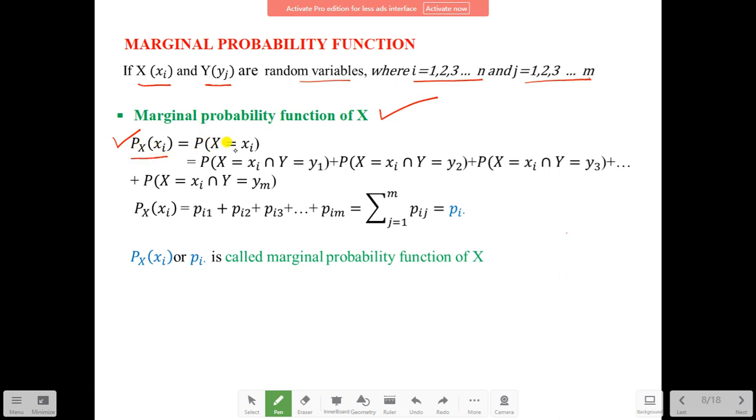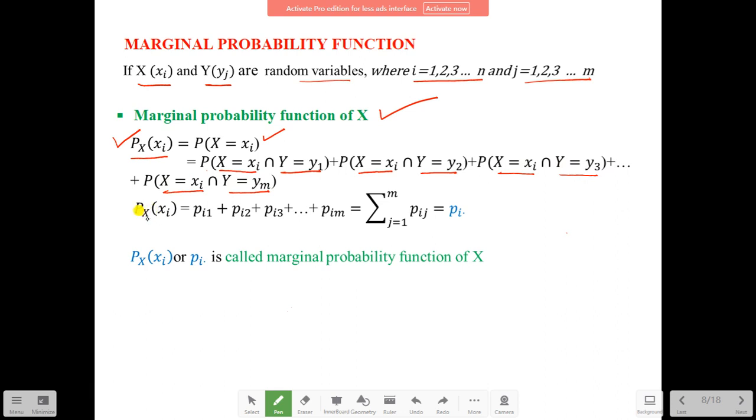It is also defined as the sum, for i = 1 to n, of P(X = xi, Y = y1) plus P(X = xi, Y = y2) plus P(X = xi, Y = y3) plus up to P(X = xi, Y = ym),